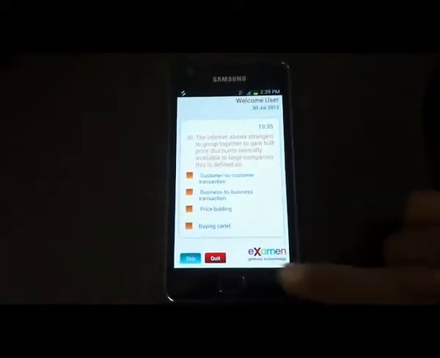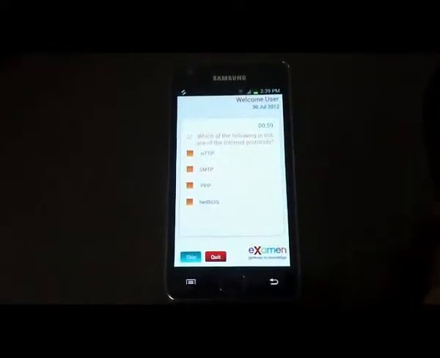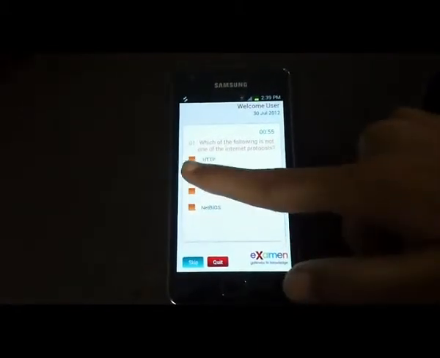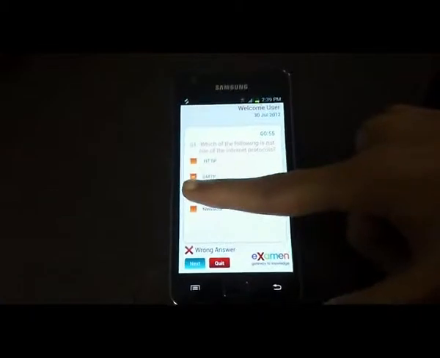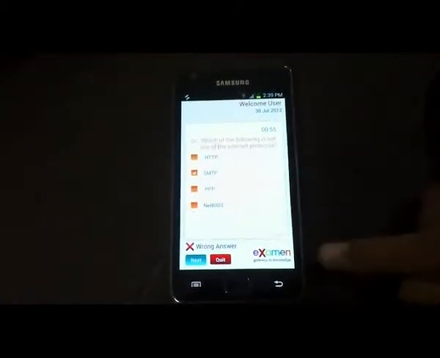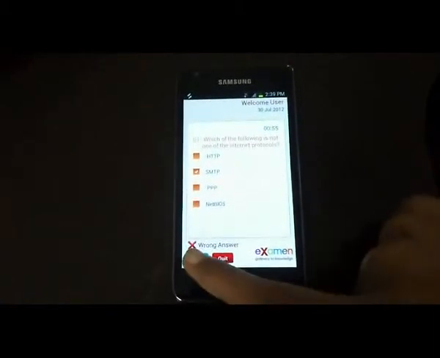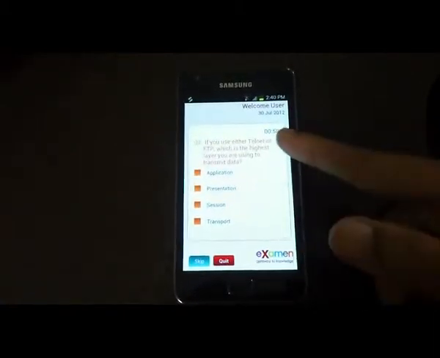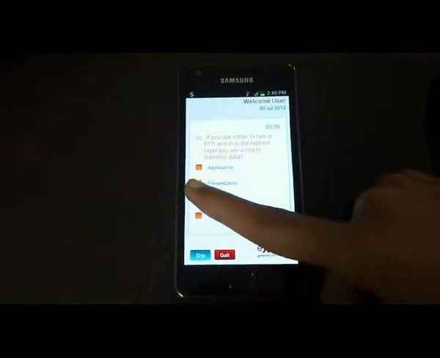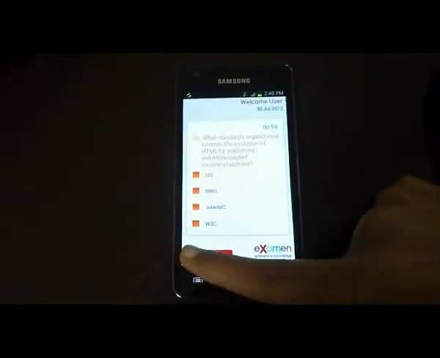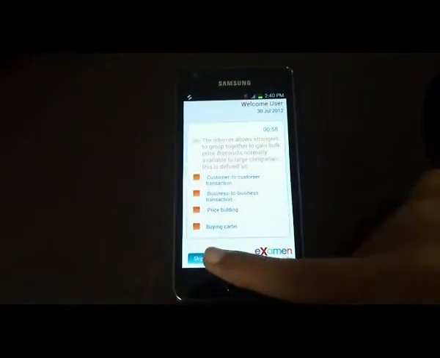Now let's see the quiz mode. Quiz mode is different from game mode. It displays the question for a minute for the user to answer. Once answered, the user won't get another chance to revisit the answer, and Examen will show the result with a detailed description. Each question has 60 seconds for the user to answer. Once timed out, Examen will take the user to the next question. The user has the option to skip the question or quit the session, and Examen will show the final score.